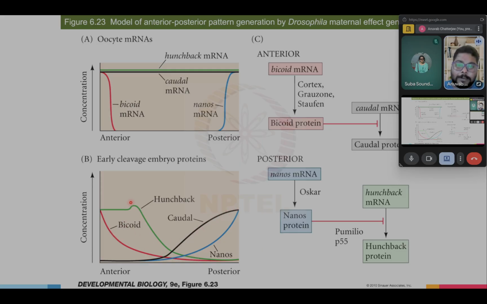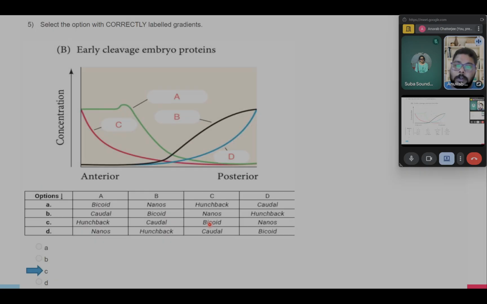And caudal and hunchback follow suit, but they always have a higher concentration. So this is how it looks. So bicoid and nanos are the shallower gradients, the red and blue. Green and black are caudal. So we look at it. So the green is hunchback, the B should be,